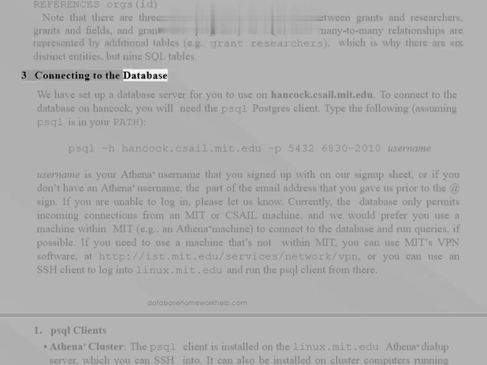3. Connecting to the database. We have set up a database server for you to use on hancock.csail.mit.edu. To connect to the database on Hancock, you will need the psql Postgres client. Type the following, assuming psql is in your path: psql hancock.csail.mit.edu